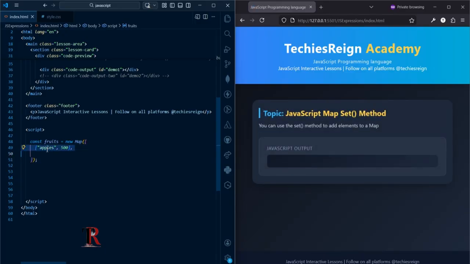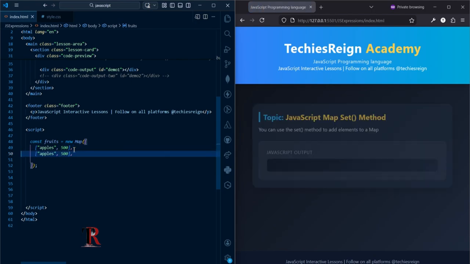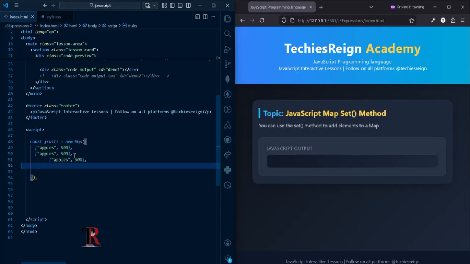Then I can duplicate this, and duplicate it. So this one should be bananas, and this one should be pumpkin. This should be 100, this should be 300. And now that I have this,